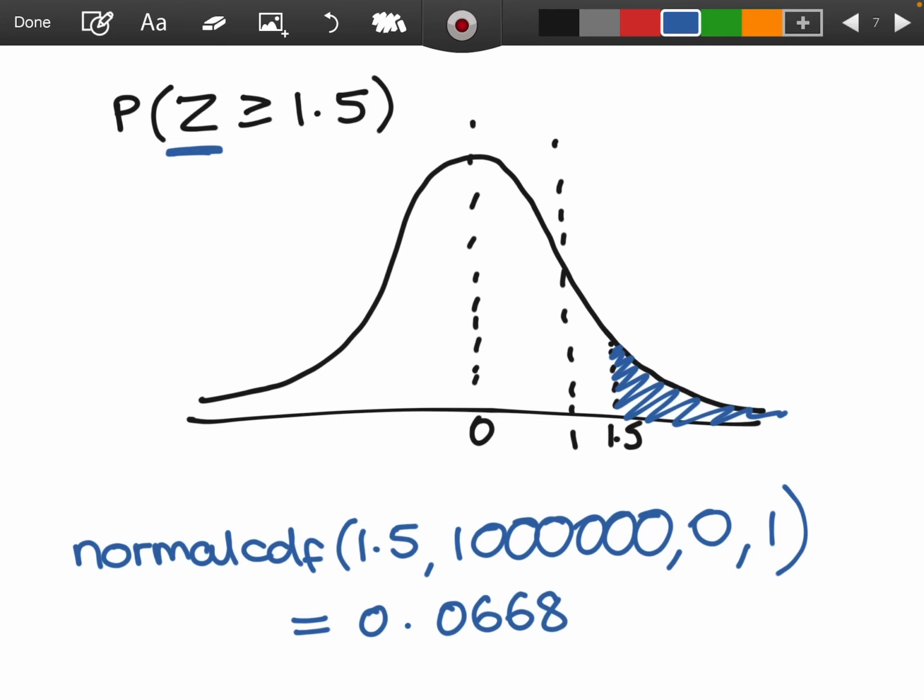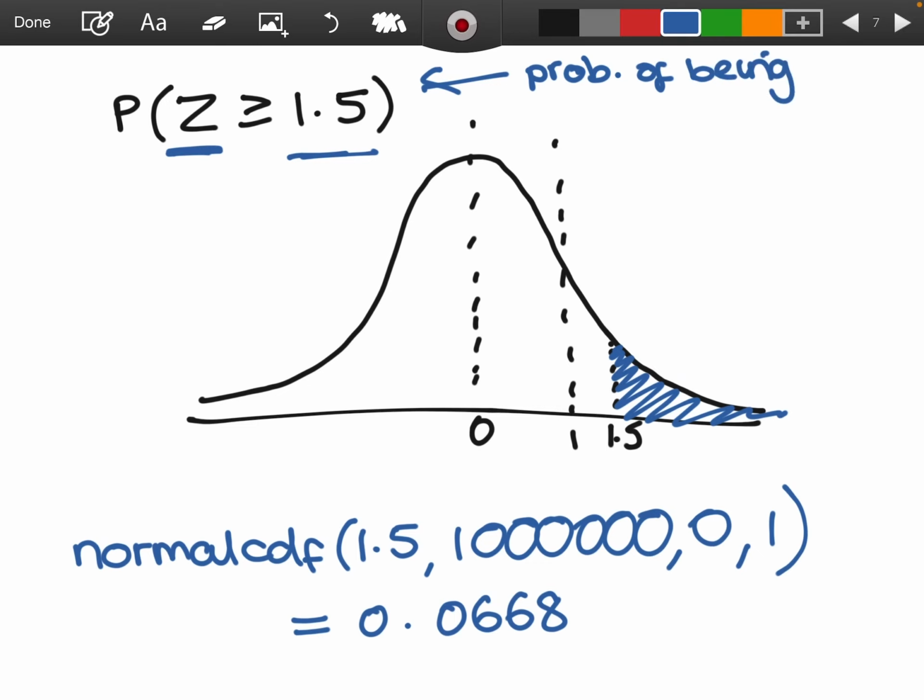Okay, so you've got a probability of roughly 6.68% that you will be greater than 1.5 if you have a mean of 0 and a standard deviation of 1. Okay. Another way of phrasing this problem is saying what's the probability that I'm greater than 1.5 standard deviations above the mean. Okay. This only works because your mean is 0 and your standard deviation is 1. So here 1.5 times 1 is 1.5. So you still get the, in this case, just for standard normal distribution. This is also the same thing as saying what's the probability